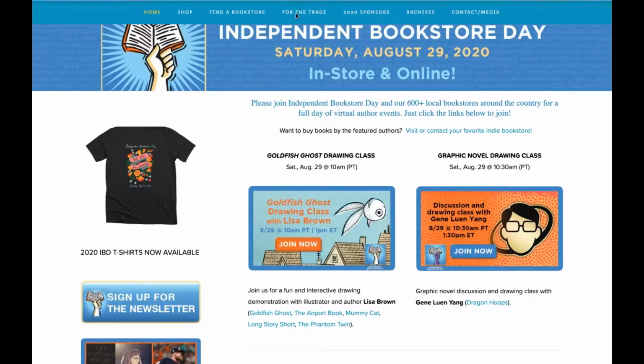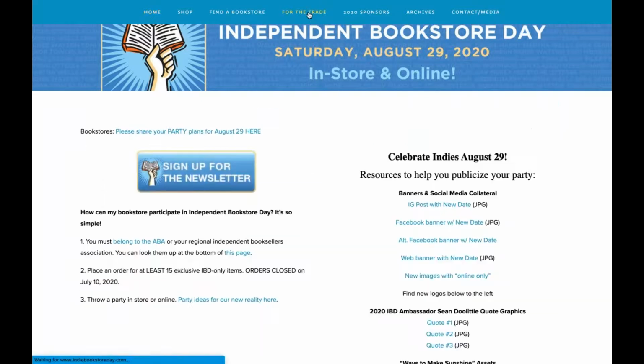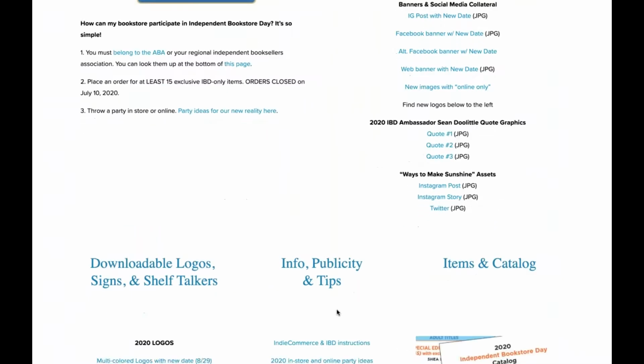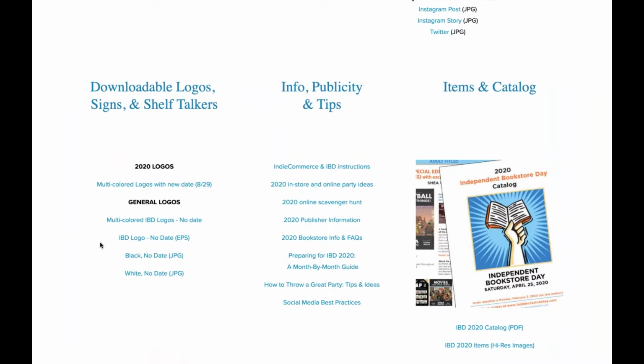The main page for you guys is up here for the trade. So this is where you can find all the graphics that you need. Down here, these are all the downloadable logos. We have a lot of different colored logos to choose from. Some of them have the date, some of them don't have the date. Over here is a bunch of information,